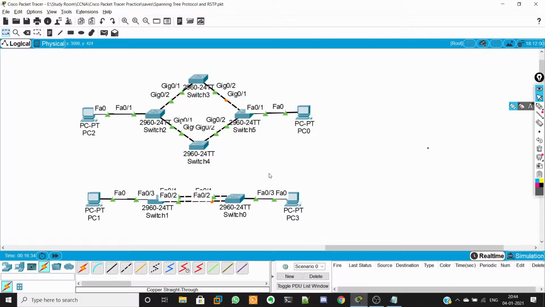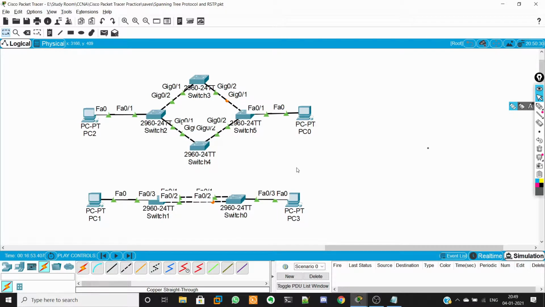This is a simple network with a redundant path in place. So with this network, to pass traffic from one PC to another PC, we have two different paths. But we cannot imagine this network without Spanning Tree Protocol. It is completely a nightmare because of the switching loops. So I am going to explain what Spanning Tree Protocol is, how it operates, and how it prevents switching loops in the network. So let's get into the topic.